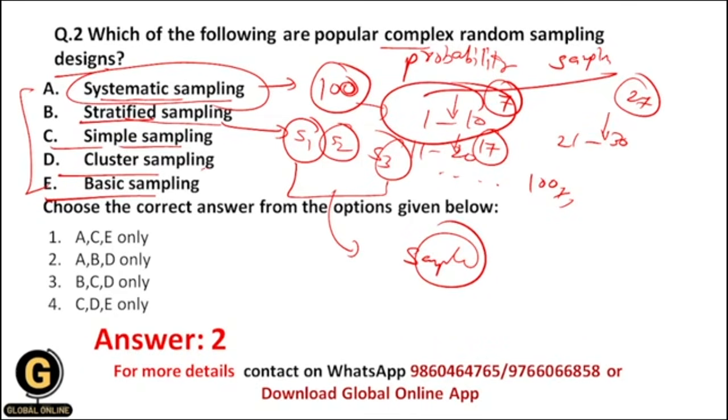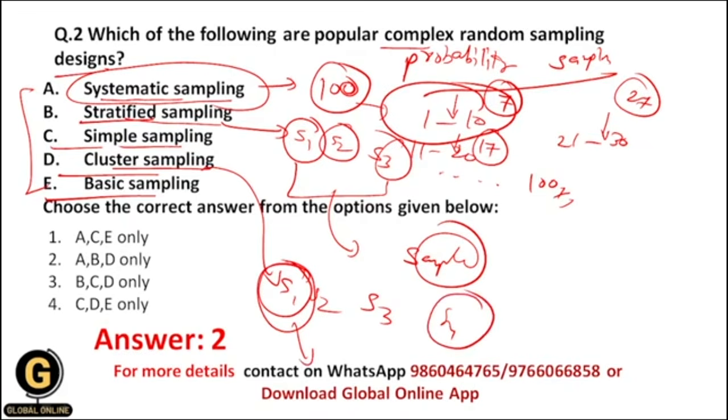Okay, now next is cluster sampling. Within cluster sampling, again there is a large amount of population, and basically it is a heterogeneous population, and again here I am going to divide the whole population into different subgroups like S1, S2, S3, but over here I am going to select a whole subgroup from these subgroups randomly. For example, I will randomly select the S1 subgroup, I will randomly select the S4 subgroup. Okay, and then finally I will make a sample. So this is called cluster sampling,